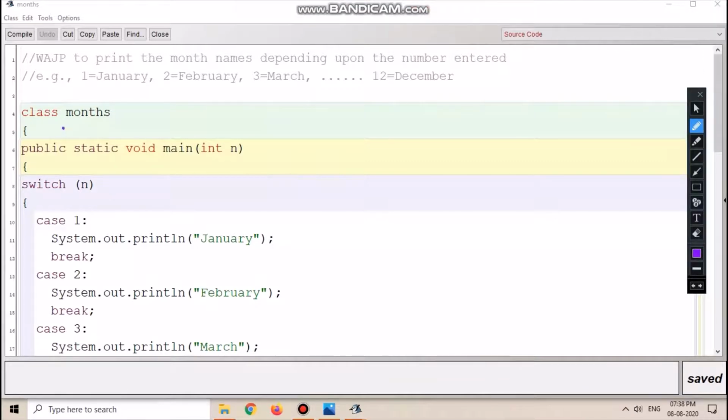Now here I have taken the class name as months. Now here we are taking the number here in n. It is of data type int. Let us suppose that we have taken 4. What will happen after switch n? It will look for case 4.